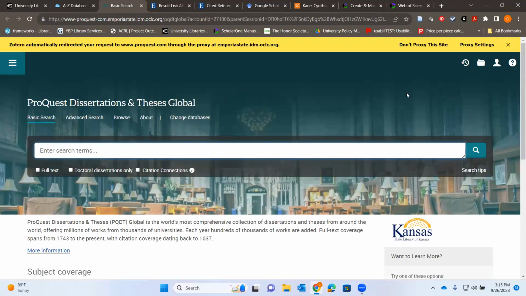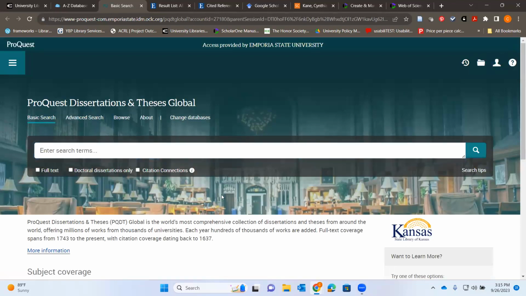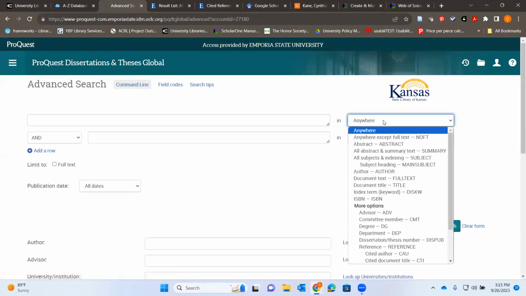And this is a good one to know about because ProQuest Dissertations and Theses Global will give you the full text in PDF of many dissertations and theses that have been published in United States and Canadian institutions. So it's a really great way of getting access to doctoral level research and master's level research that perhaps has not been published in other places. So it's really good for supplemental research. But I can also do some cited references searching